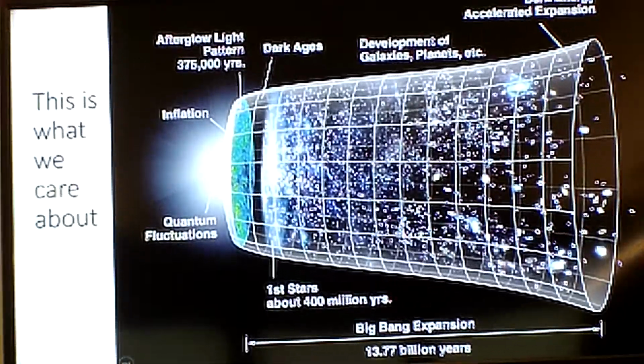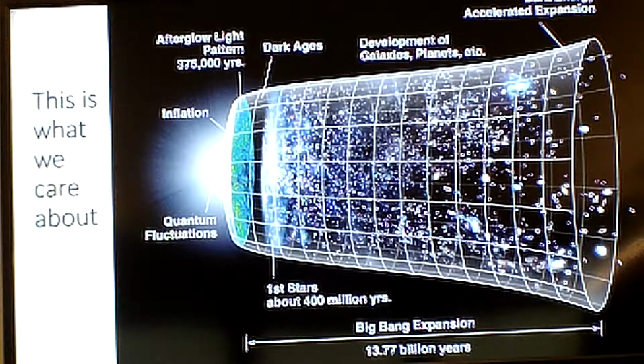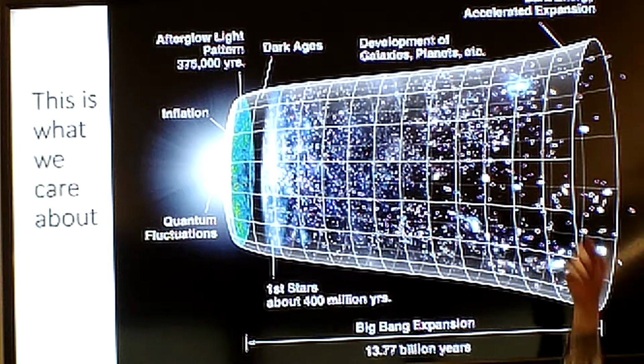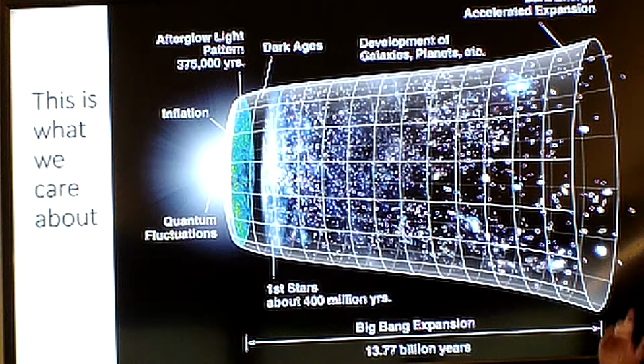That took about 375,000 years for the temperature of the universe to drop to a point where a proton and an electron could get together and actually have stable hydrogen that could persist. As soon as that happened, the universe became transparent. So we have light sources here. There's a big tube that we're looking at, a fluorescent tube, and imagine yourself inside that tube while that light's being produced. You can't see anything. You're just constantly bombarded by random light coming from different directions. That's the way the early universe was until 375,000 years, and then suddenly